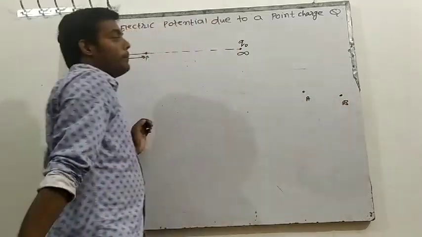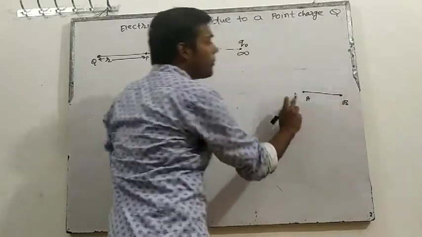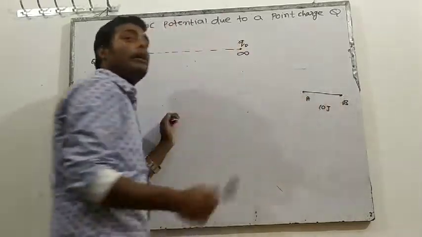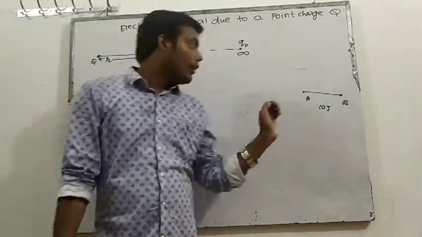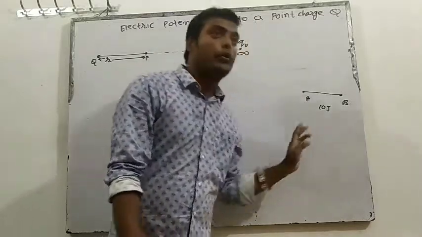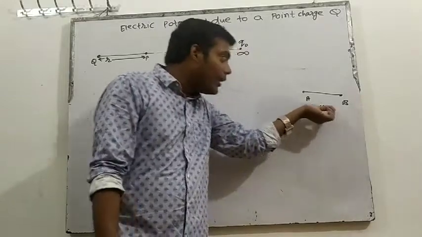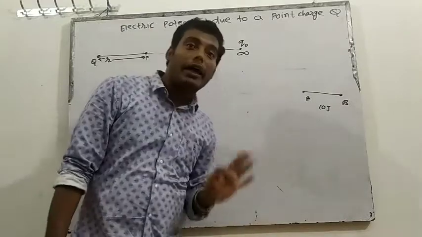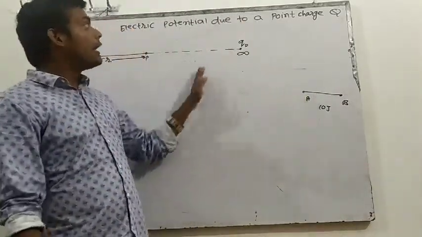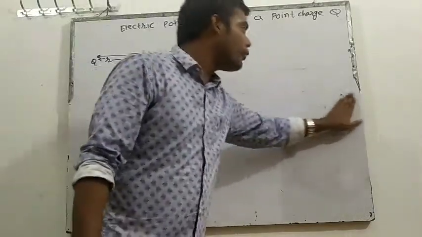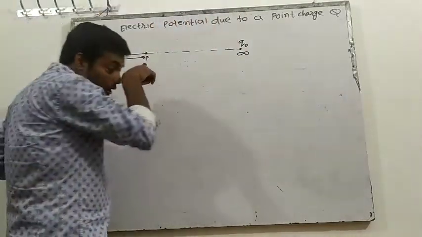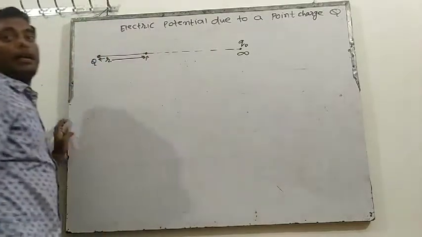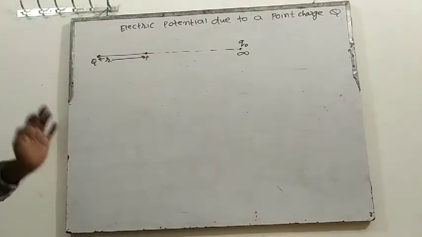See like this. Suppose this is point A, this is point B. If I want to go from A to B and I have to do 10 joule work, then when I return from B to A, then also I have to do 10 joule work. Same. This means that work done is independent of path. So this is a conservative force. What is the electrostatic force? A conservative force, so it is independent of path. That means whether we find the work from infinity to P or from P to infinity, both will be equal in magnitude. What is the concept?